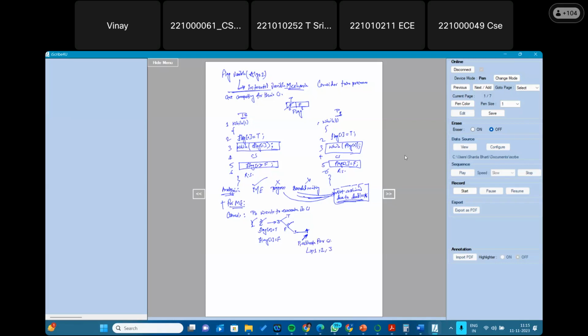While we are on 3, check flag 0. What is the value of flag 0? True. True means infinite loop, means P1 will not be allowed